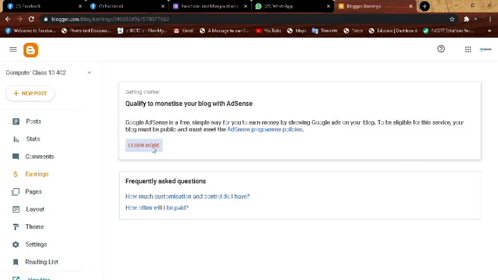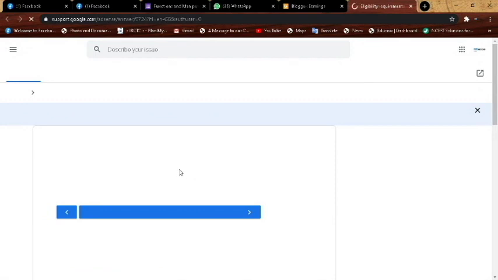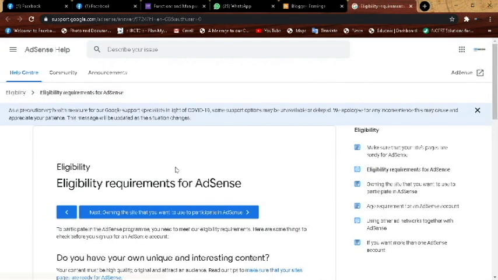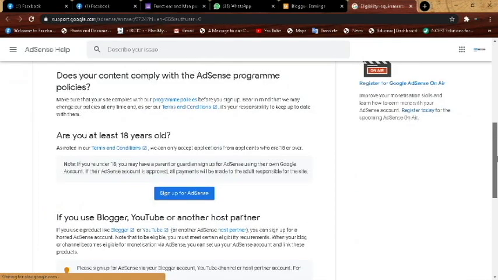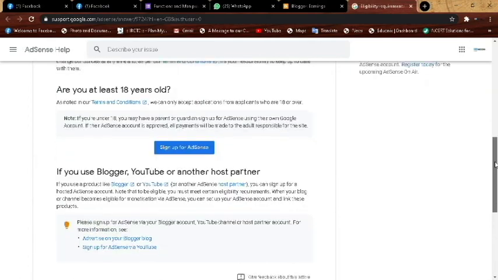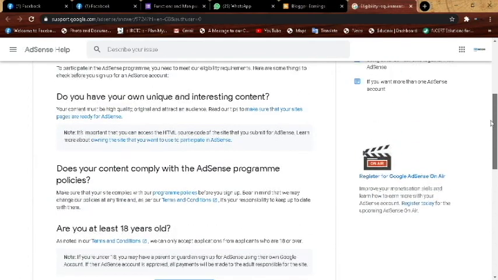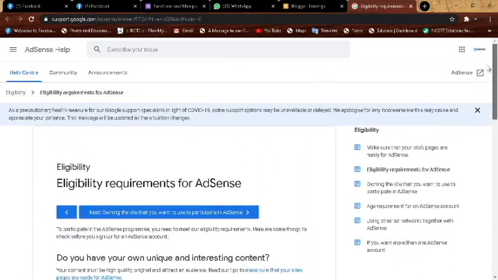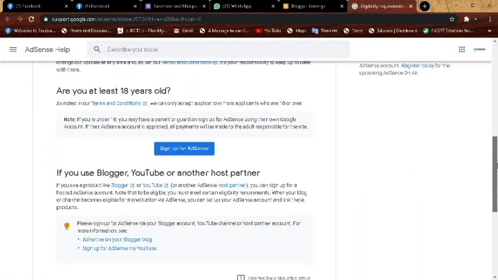So here you can see all the conditions. Read it very carefully if you want to earn from the blogs. You can pause it and open it in your own computer.